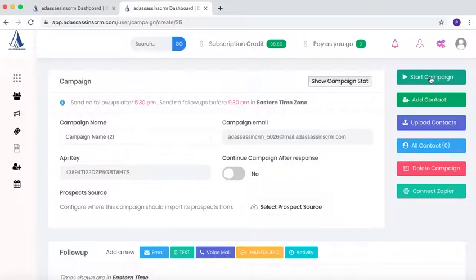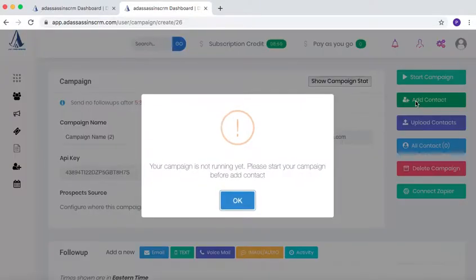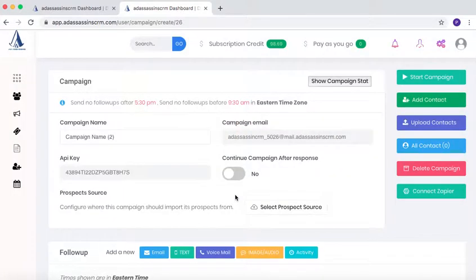It will be paused for the moment, but once you start it, you'll be able to turn it on, turn it off, back and forth, however you'd like. You also have the option to add a contact directly into this campaign. Let's go ahead and click that. So our campaign isn't running, but if we start up the campaign, we'll be able to add the contacts that